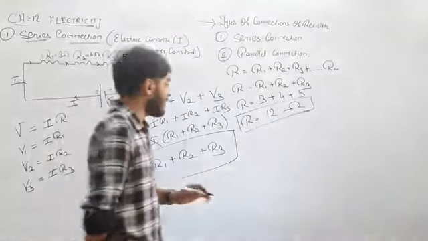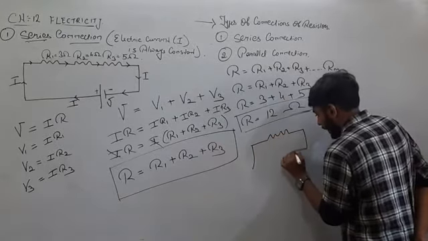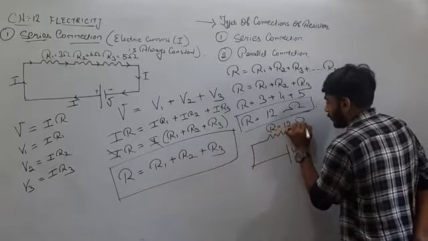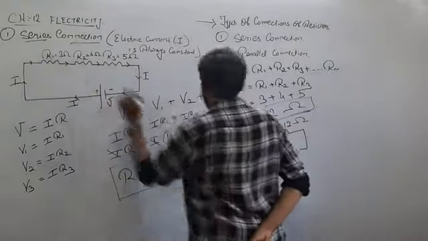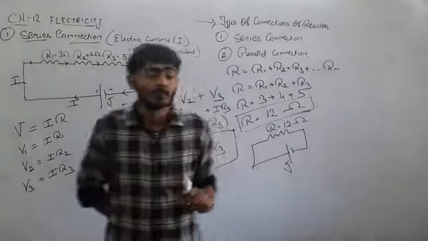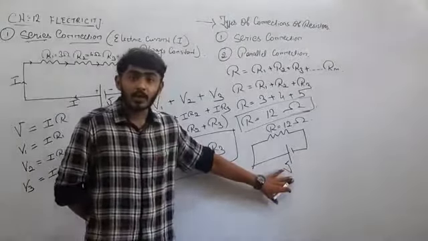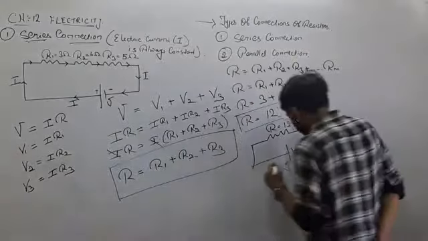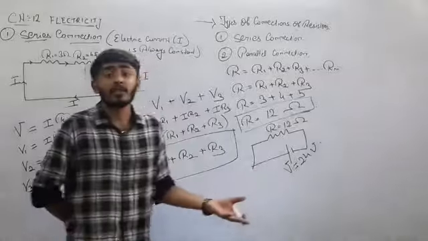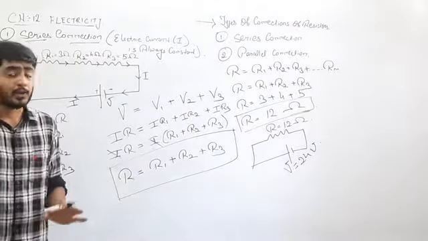You can also write this by drawing a normal figure like this. Here you need to write that R equals 12 ohm. I have added R1, R2 and R3 into R. The voltage given here is the same. Now what happens if they ask us, say, if voltage is equal to 24 V and they also ask what the electric current is?